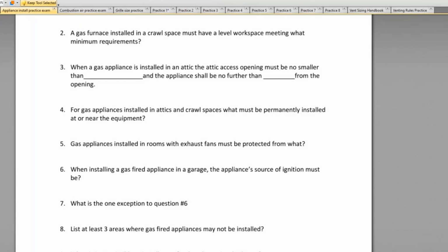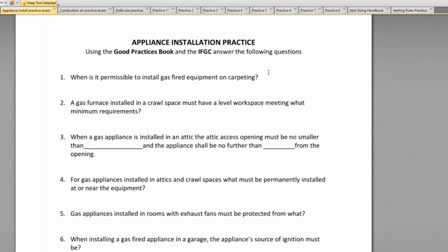When we left off last time, you had a bunch of homework, which we need to go over. First was the appliance installation practice. And you had to use the good practice book and the IFGC, the International Fuel Gas Code, to answer the following questions. Okay, so we're just going to go through these and make sure everyone knows where